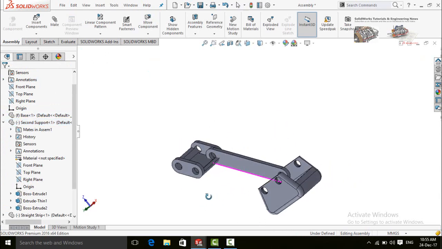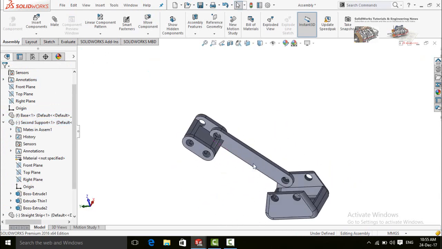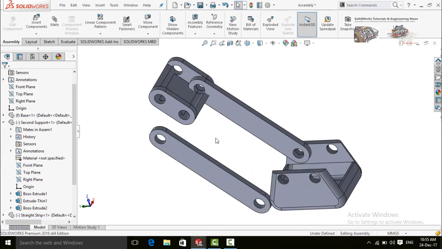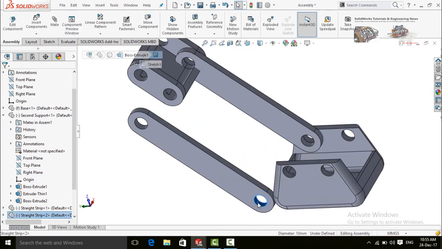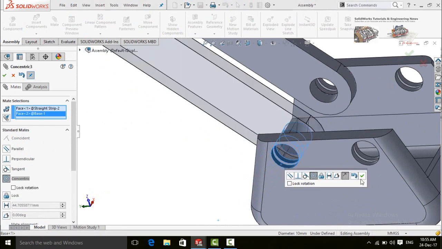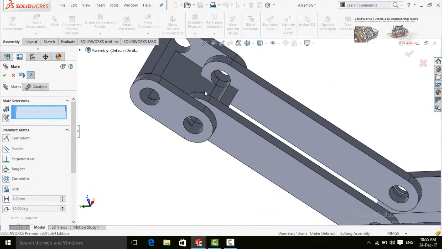We need to have the duplicate of this straight slot. So press and hold Ctrl key and then click and drag this strip to make the duplicate of this part. Again click on this cylindrical face and mate it with this cylindrical face. Press OK button.